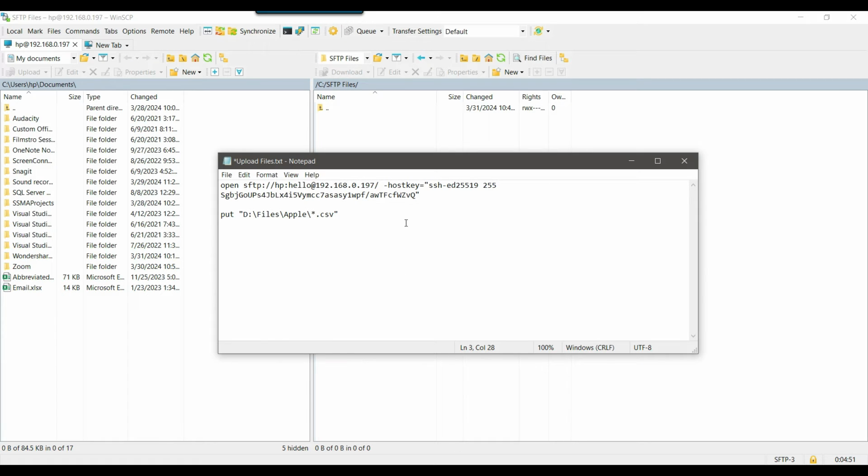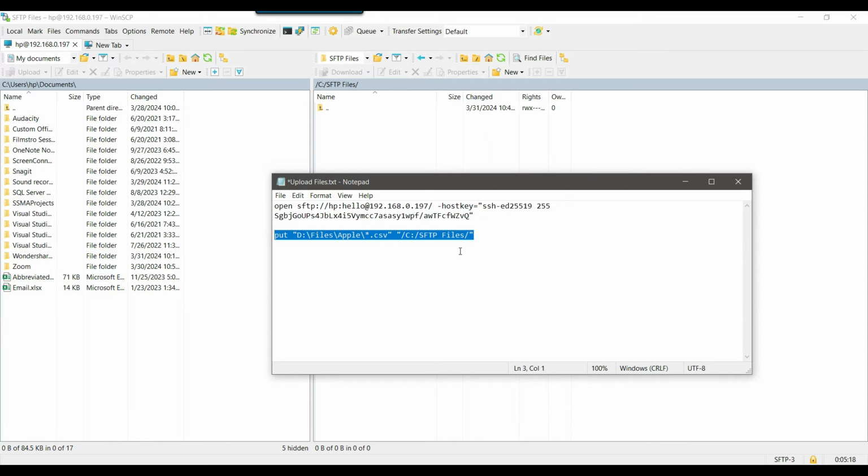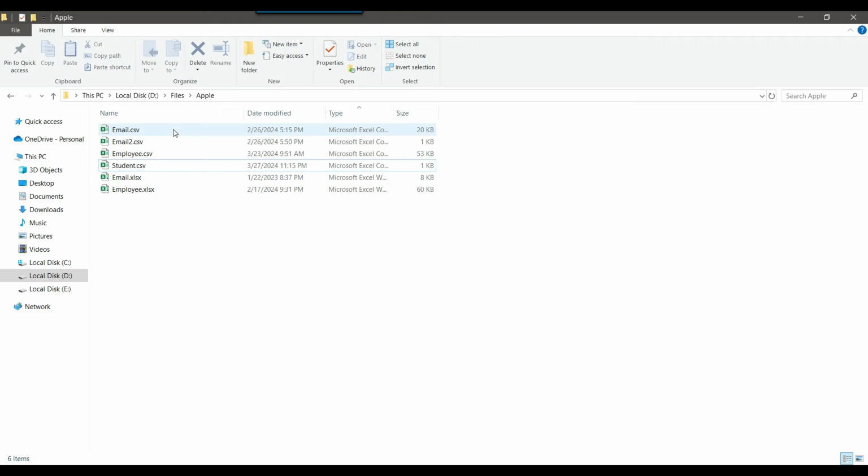And now I can put the double quote here, then paste the path, and then / and then add the double quote. So I want to upload the files to this particular location. So this is the only code, just 2 lines of code, and it should be sufficient to upload the files to the SFTP server. So I can close this one, save, okay. So the script has been saved,